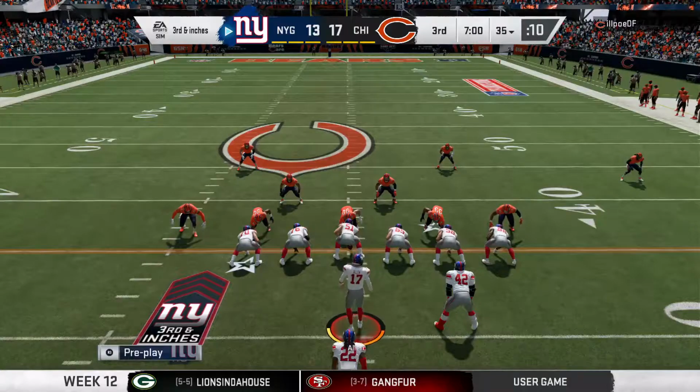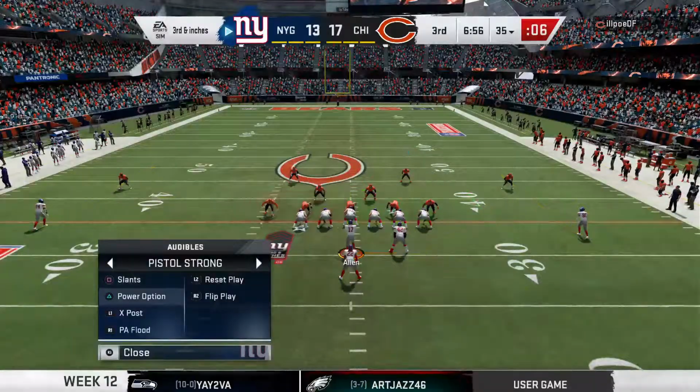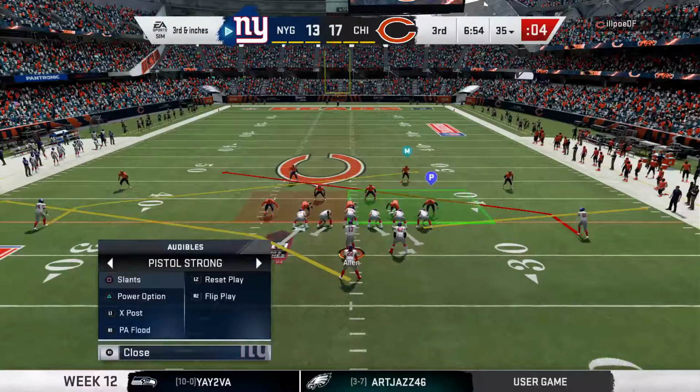Check, walk 54, walk 54. All day, baby, all day. Tight yard. Check,